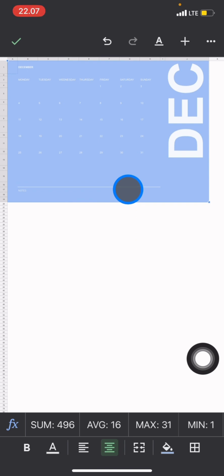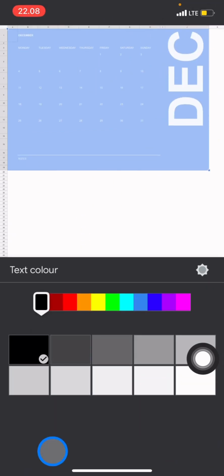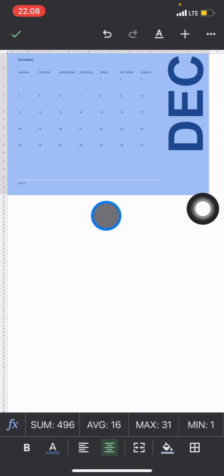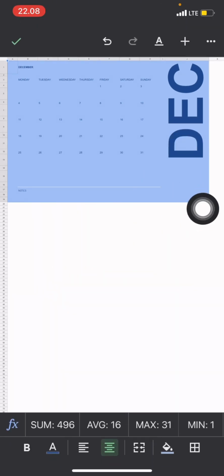You can see that the color of the text is quite bright and the background is also bright, so we need to change the color of the text by clicking this part, and after that you just need to choose which color that you want to add, and after you're done you just need to go back. So you already have a December